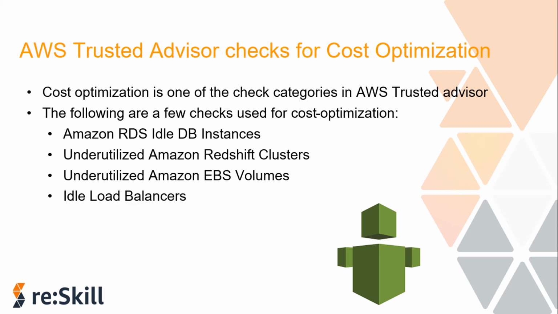load balancers can be checked from the idle load balancers check, for which the usage has been less over the past few days. And then the low utilization Amazon EC2 instances check, for instances running at any time during the last 14 days. This check alerts you if the daily CPU utilization was 10% or less and the network input output was 5 MB or less for at least 4 days. All these checks can be helpful for cost optimization in various AWS services.